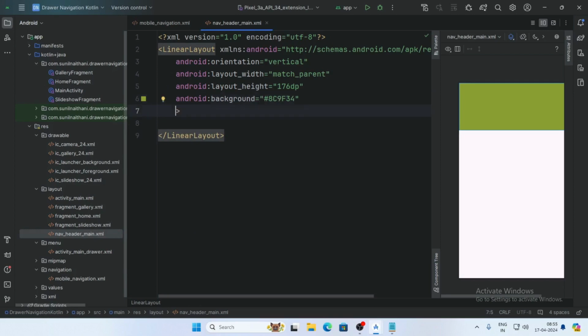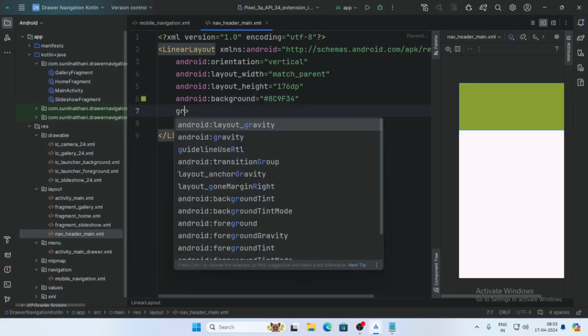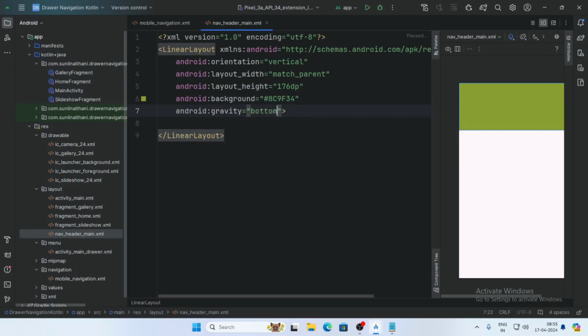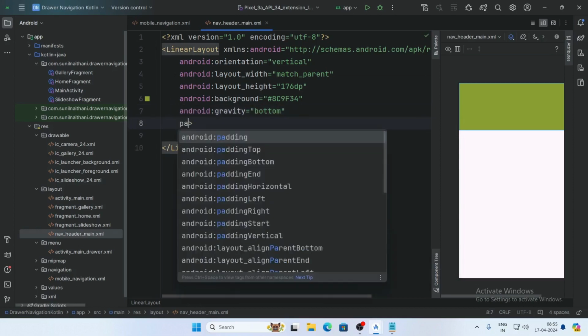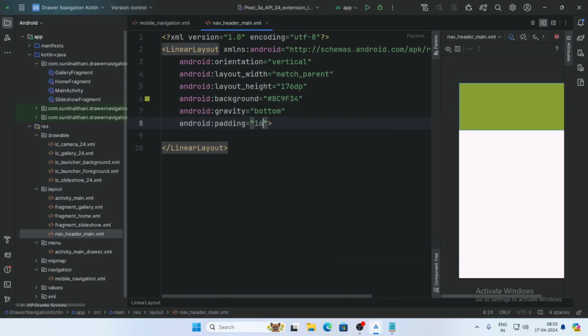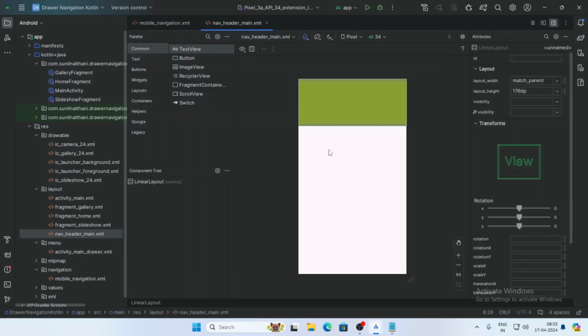Now set the gravity and set the gravity bottom, and now set the padding and give the value 16 dp. Now add an image view